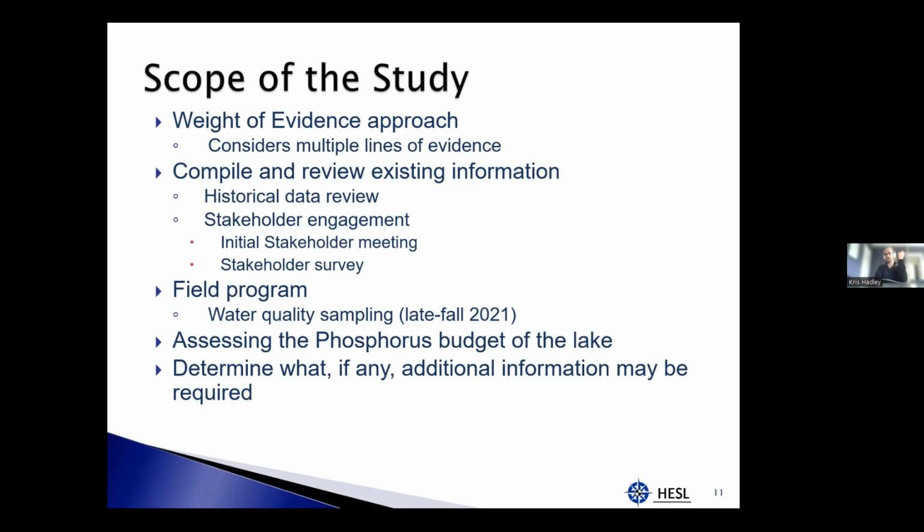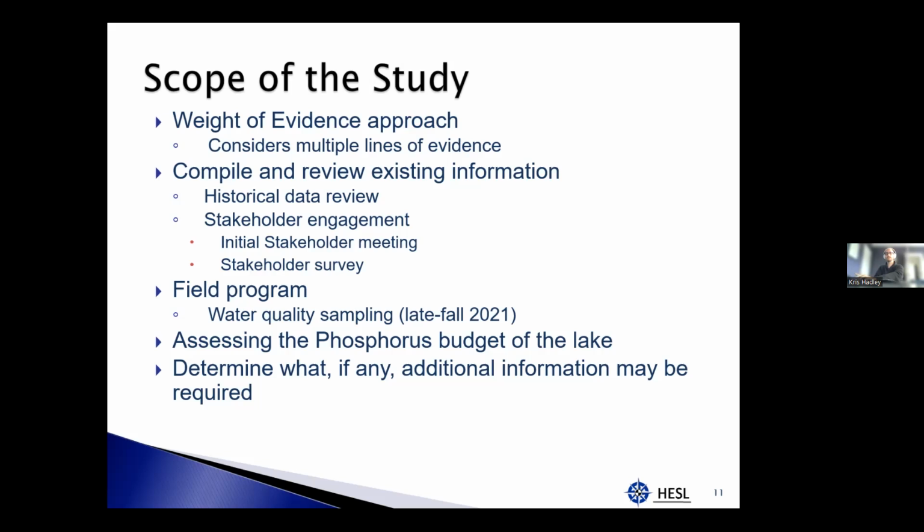We had a small field program, which was in the late fall of 2021, which I'll speak to. And then we looked at the modeling data for the lake from the district's lake model to look at the phosphorus budget, to look at the likely sources of phosphorus and whether or not there was any indication that those sources have changed over time or have contributed in a significant way to the cyanobacteria blooms in 2010 and then again in 2020 and 21. And we also looked at whether or not there would be any additional information that would be required if we couldn't